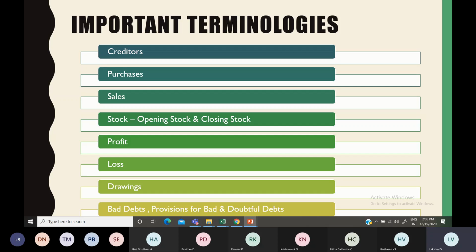While recording my entries in the journal, if I am going to buy an asset for my business, I won't consider it as a purchase. I will consider that machinery or that furniture only while making entries. But if I am purchasing goods or commodities that I use in my business and again reproduce for resale, those things are goods, and only when I purchase those commodities do I name them as purchases.